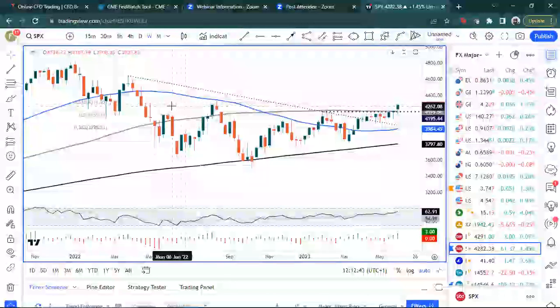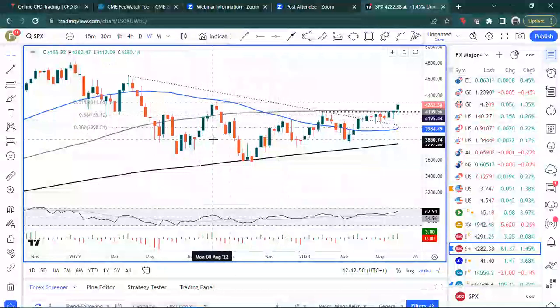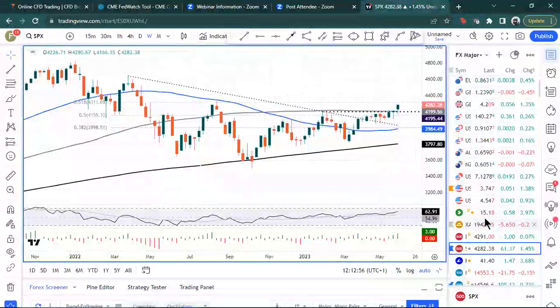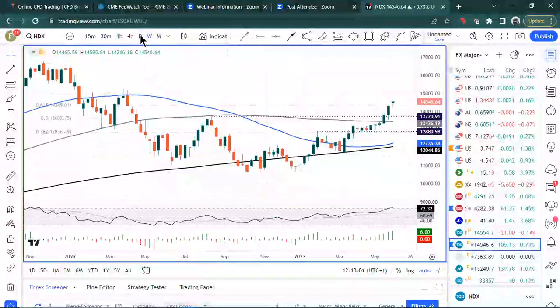We've also got some fib levels at 43.11, just above where we are now. That's probably initial resistance before that key level from August last year around 43.25. That's the S&P 500. If we look at the NASDAQ 100, just looking at the weekly,